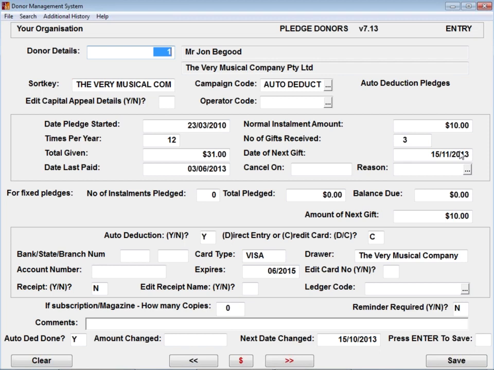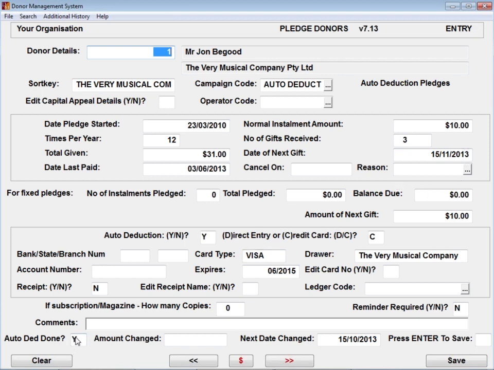So that's something that does come up quite often, where people say, oh, hang on, I'm looking at the date of next gift, and it just doesn't gel with anything else. And normally it's related to the date that they last paid. Okay? But sometimes if this one was successful, I then have to say, well, the date last paid was the 30th of October, but their date here might still be the 15th of July or something like that. So it's not something the system is doing wrong. It's really just the way it's designed to work, because it can't say, well, this person missed 3 payments, unless I automatically update the date of next gift to be the month coming up, not where it was originally.